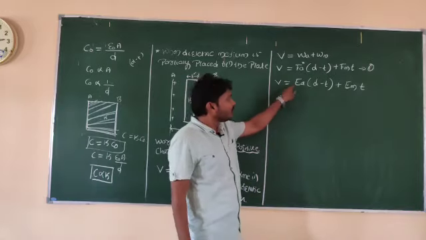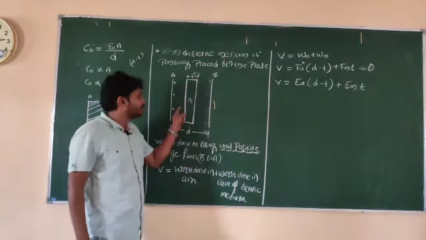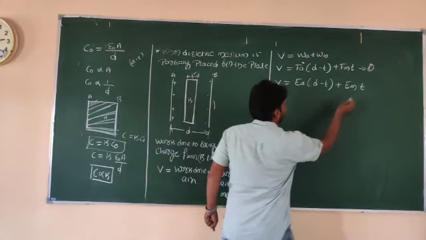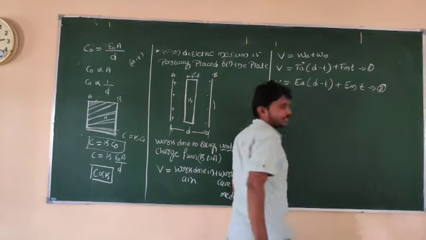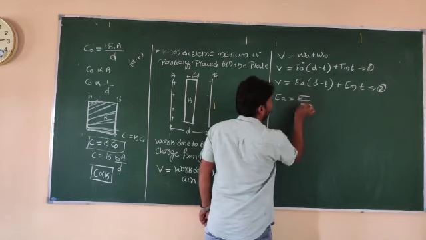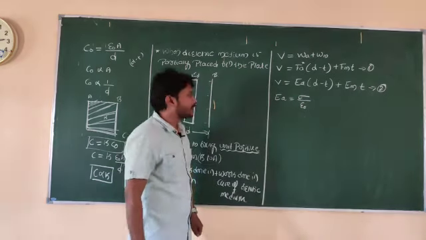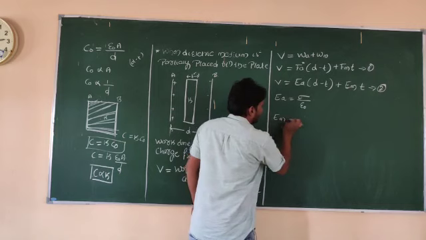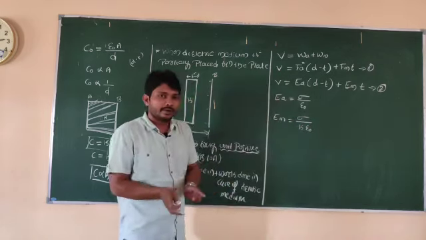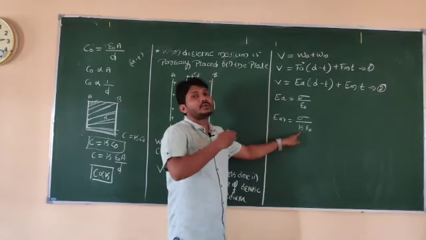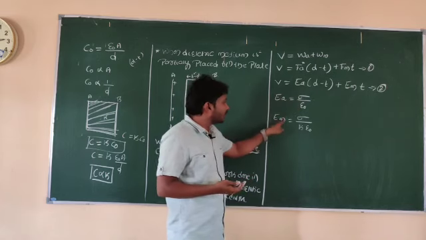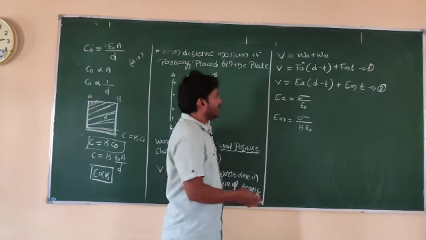Next one. What is the value of electric field between the plates of the capacitor? E is equal to sigma by epsilon naught. Let me fill that value here. I will name this equation 2, where electric field in case of an air medium is E is equal to sigma by epsilon naught. If a material medium is present, then sigma divided by K epsilon naught. Why? Because electric field is inversely proportional to the dielectric constant. So in case of air, sigma by epsilon naught. In case of the medium, sigma divided by K epsilon naught.